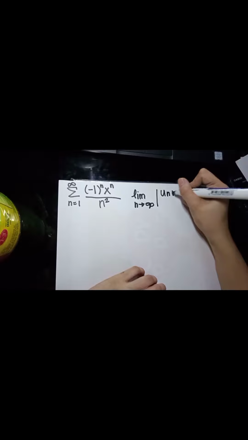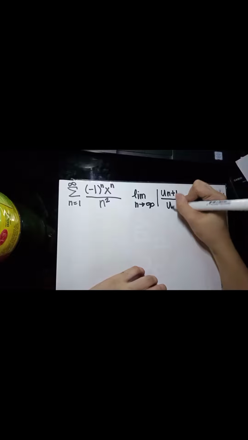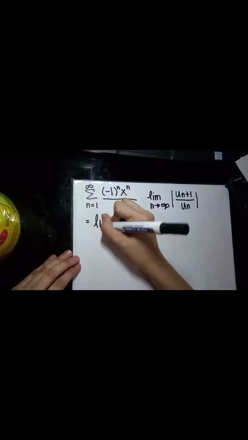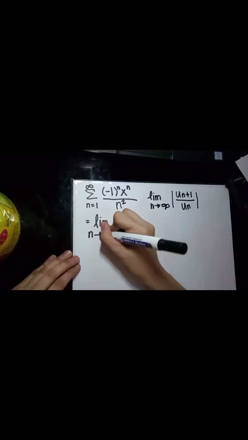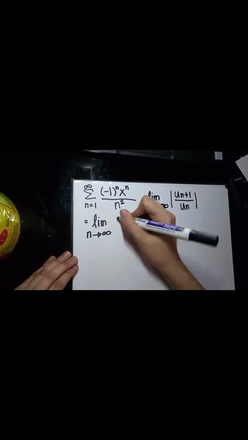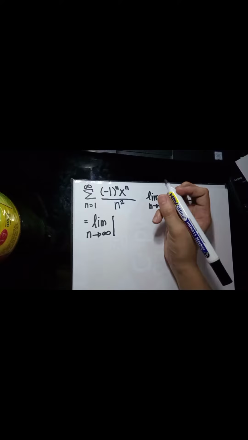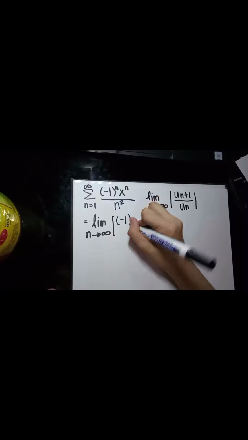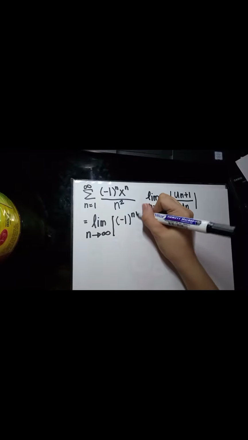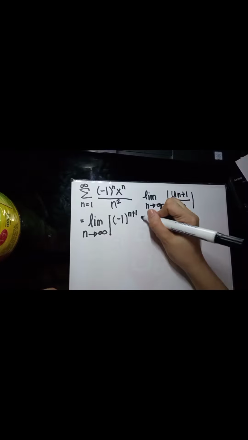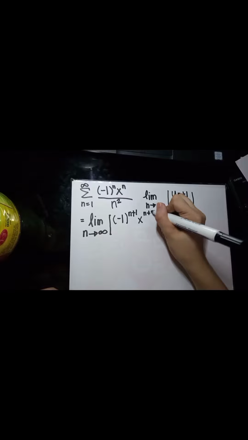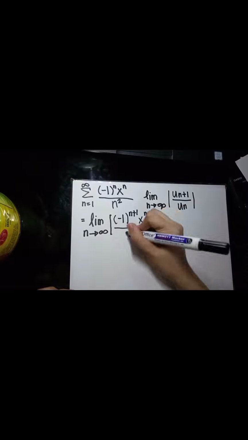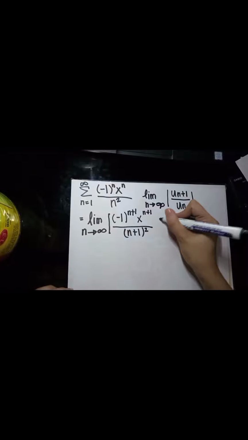u n is 1, 5, 13. So the limit as n approaches infinity equals negative 1 raised to n plus 1 times x raised to n plus 1 over n plus 1 raised to 2, divided by